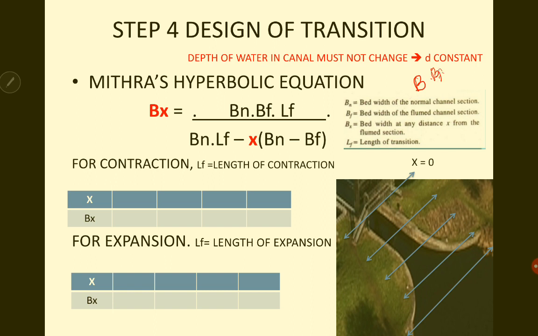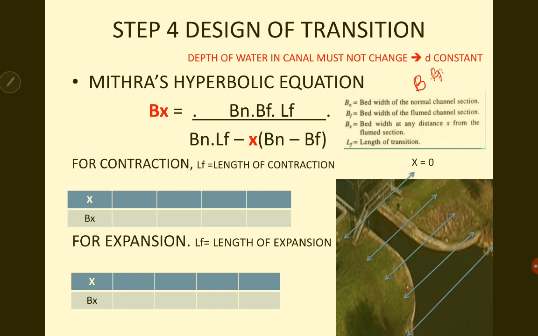Or we can write it as Bf itself, flumed width. Then Lf is the length of the transition. That is, at various sections we have to take the transition. So what is the length at contraction as well as length at the expansion? So you have two Lfs. It can be either the contraction Lf, LC, or it can be the expansion Lf,